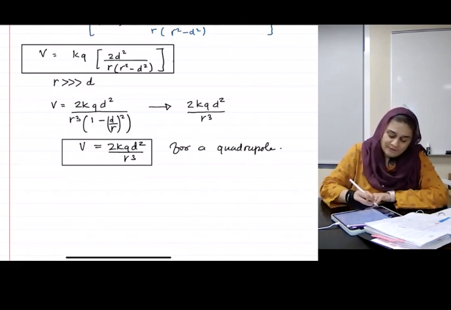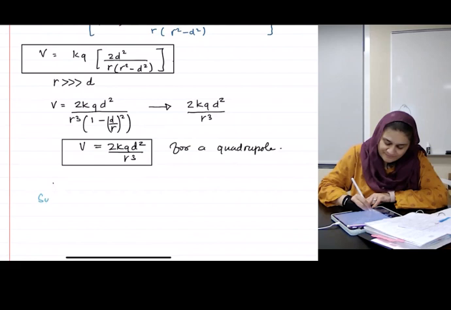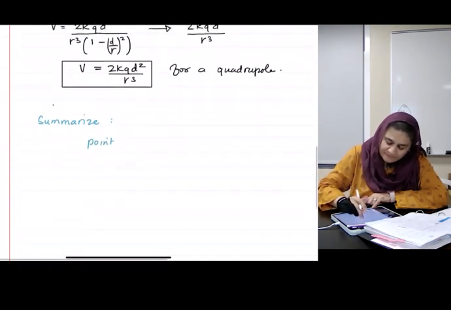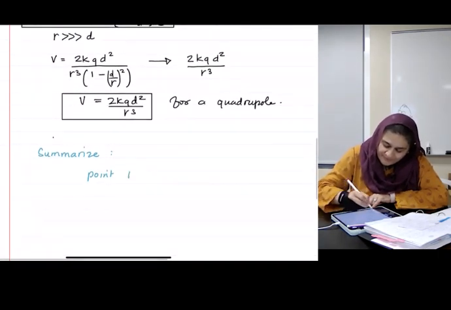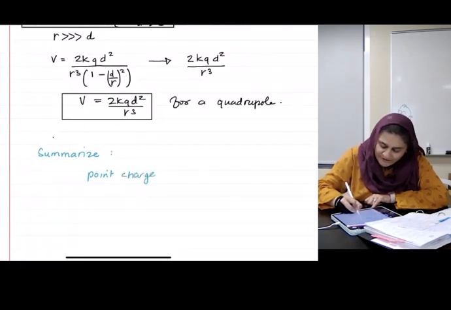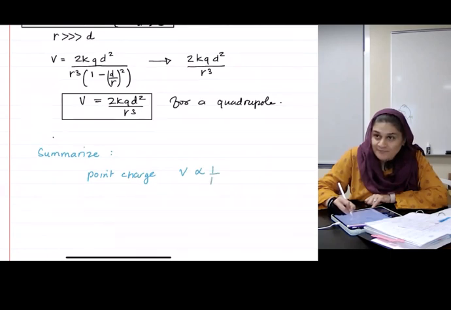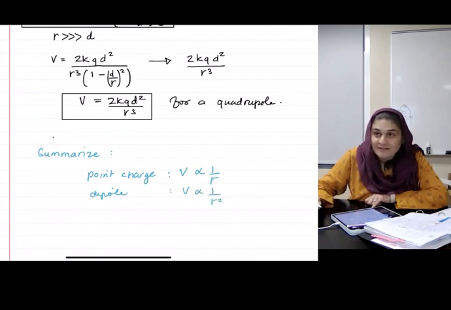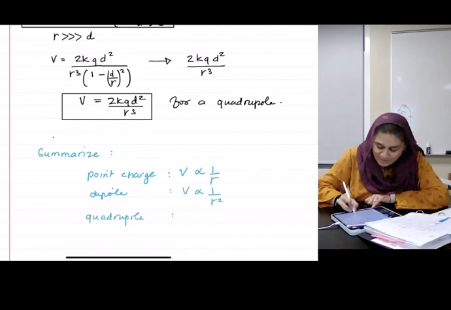So, summarizing, anyone remember for a point charge, V varied as, anyone remember? 1 over R. For a dipole, V varied as, and for a quadrupole,